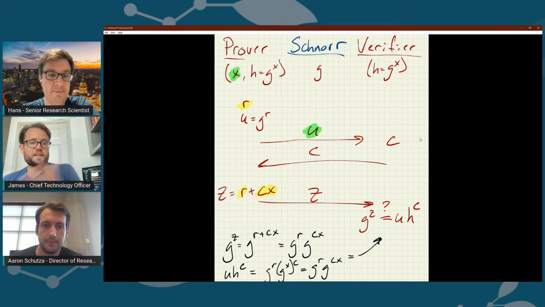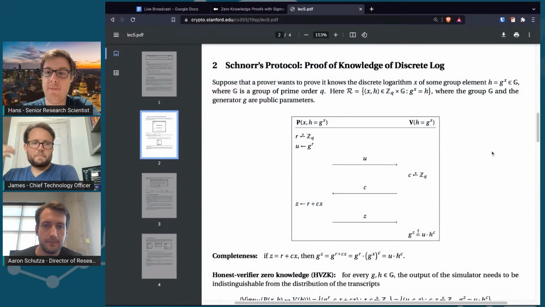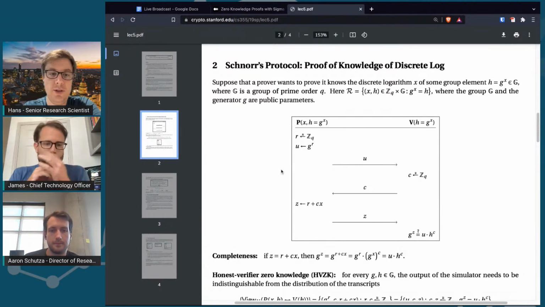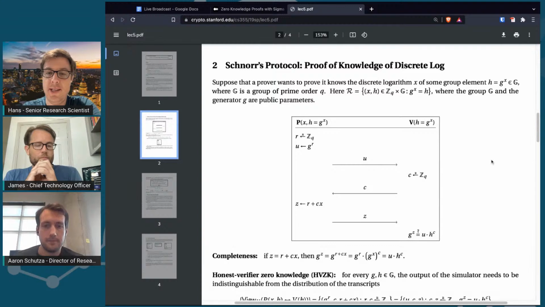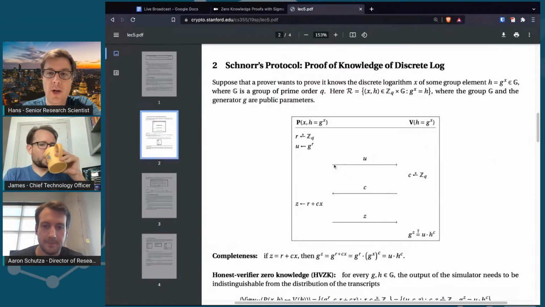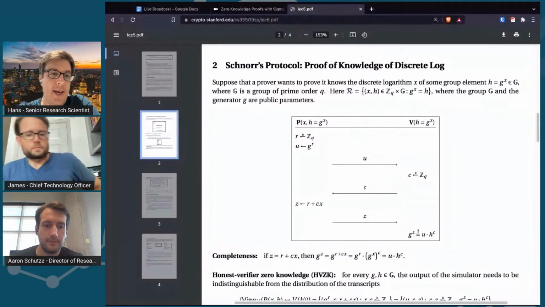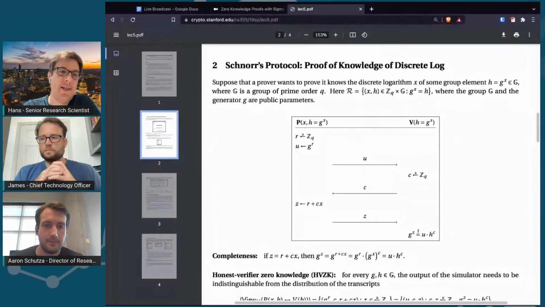Sure. I don't remember the next thing on the agenda, but it does feel like a good segue to maybe step back or step forward, or say how they're used. Sure. So I guess there was just one more thing that we wanted to touch on, which is why they are called Sigma protocols. And this was something that